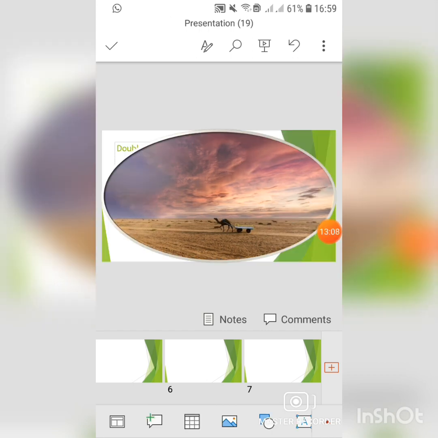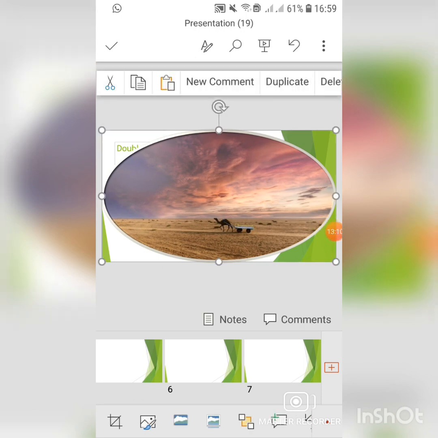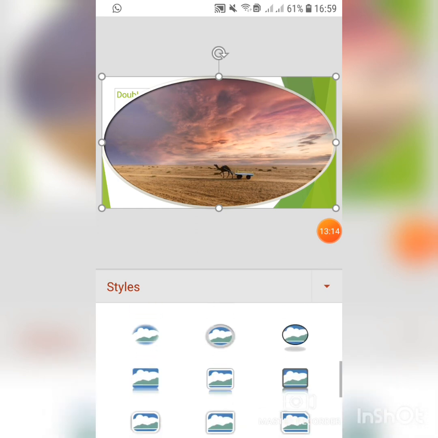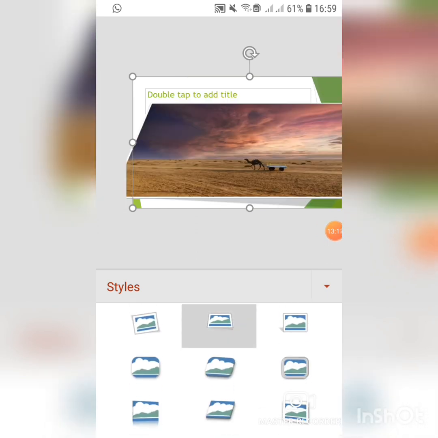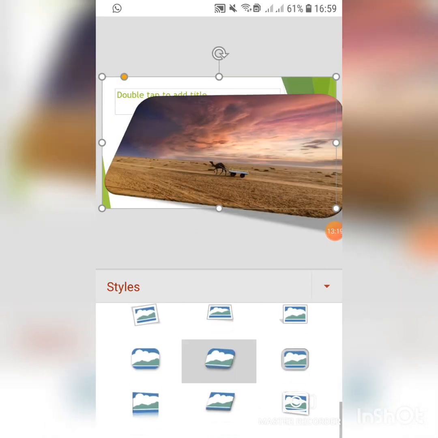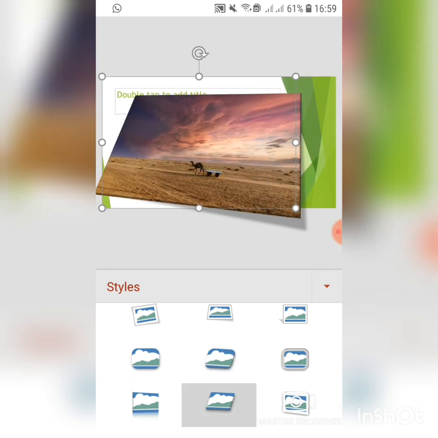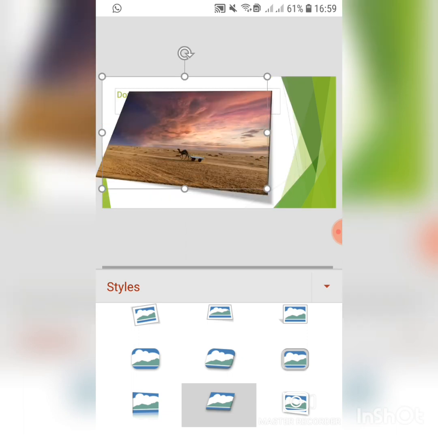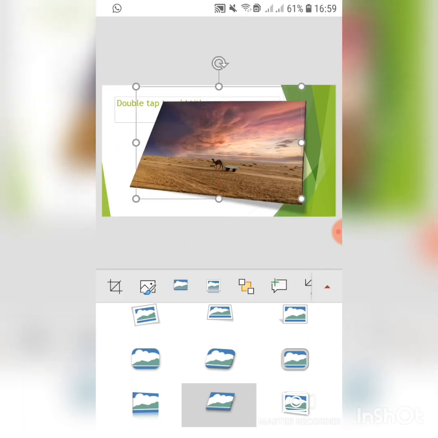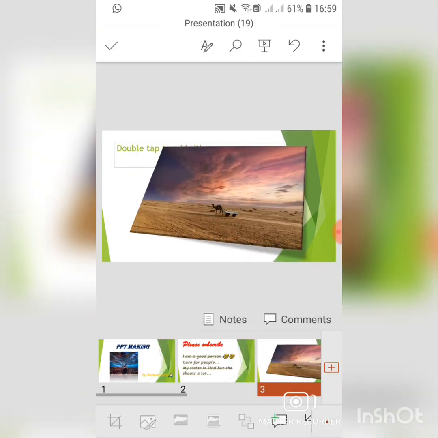Yeah, like I got it in this shape or any other shape. If you want, you can get it like here, this type will come. I can get it in any manner. I can just crop it so that it can come in the sheet. Yes, in this manner. So in the next video I will teach you this.